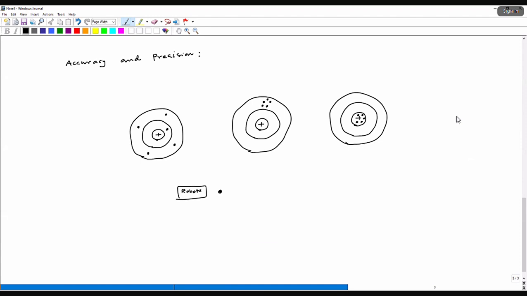So in terms of accuracy and precision, let's start with this. What is this case? It's precise, sir. It is highly precise, but the accuracy is low. High precision